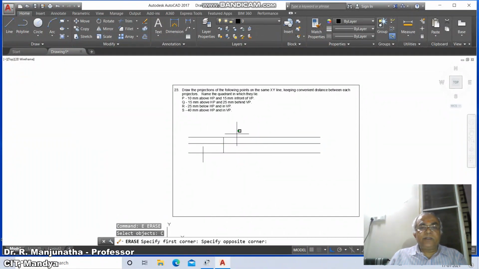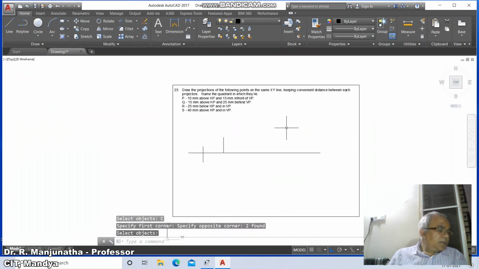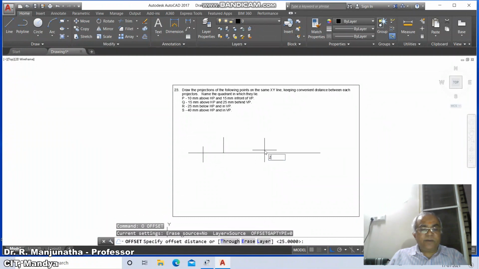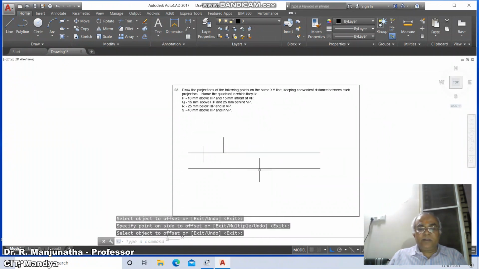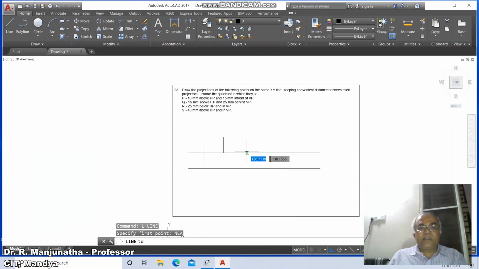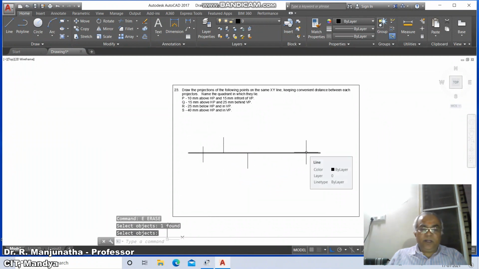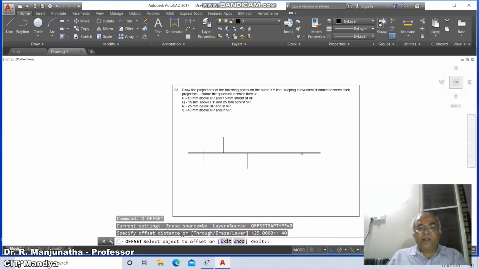Then erase these two. Now the next is, take offset 25 mm, select this, go to line, take nearest point on this to perpendicular to this, then erase. Similarly offset, take the distance as 40.